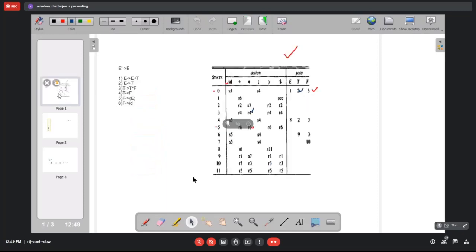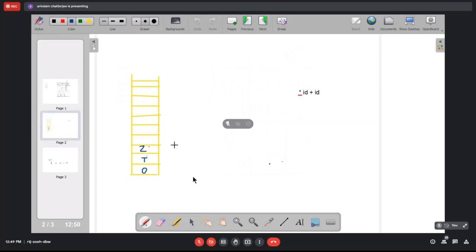So let's see what is in there. State 2 and star, as you can see, calls for S7. S7 means shift and then move to state 7.